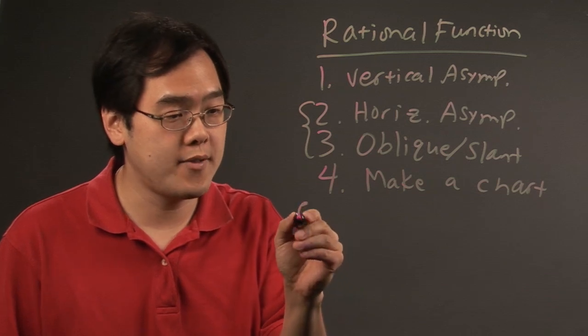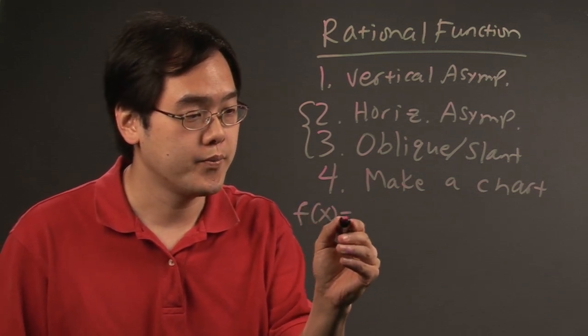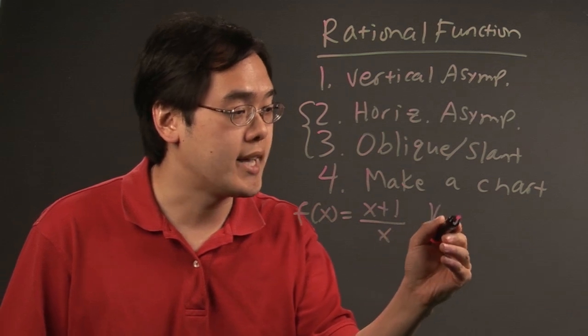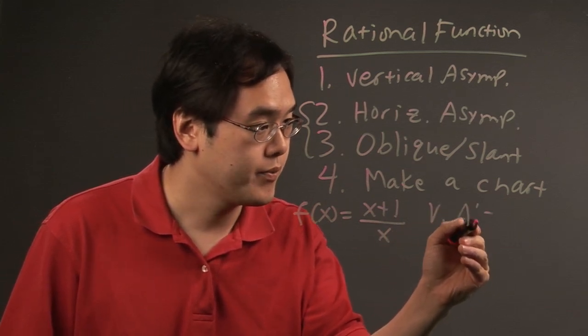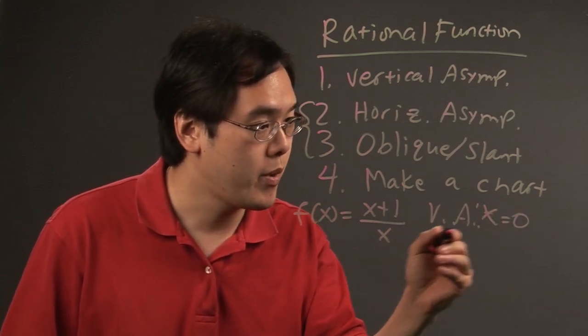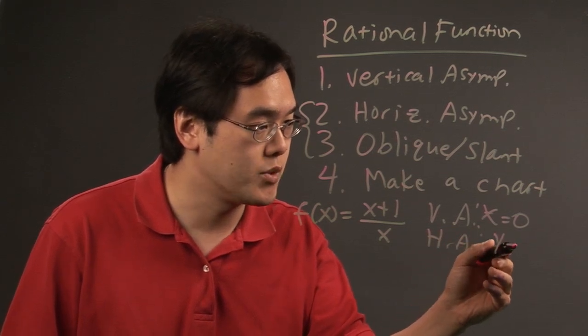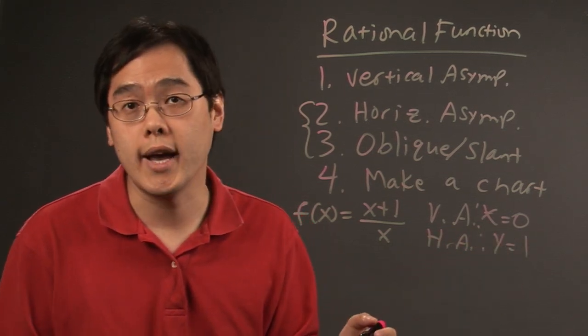So, for example, if you have a function, f of x is equal to x plus 1 over x, the vertical asymptote is going to be x equals 0. The horizontal asymptote is going to be y equals 1. And in terms of your xy table,